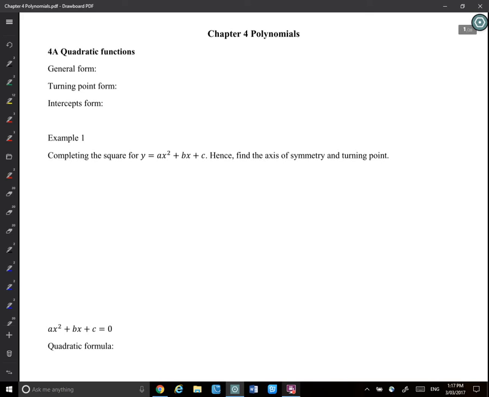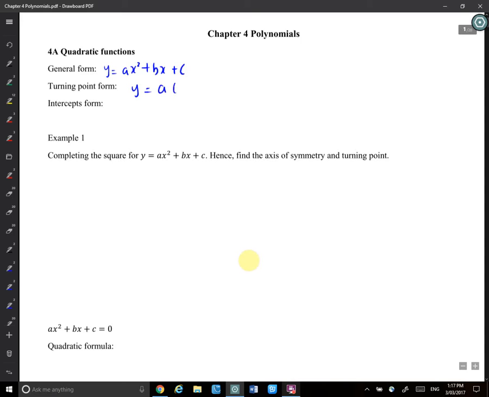Okay, quadratic functions. So we learn polynomials. We start from the easiest one, which is quadratic, and then we learn cubic, quartic, and higher degree functions. The general form for a quadratic function will be ax squared plus bx plus c, and the turning point